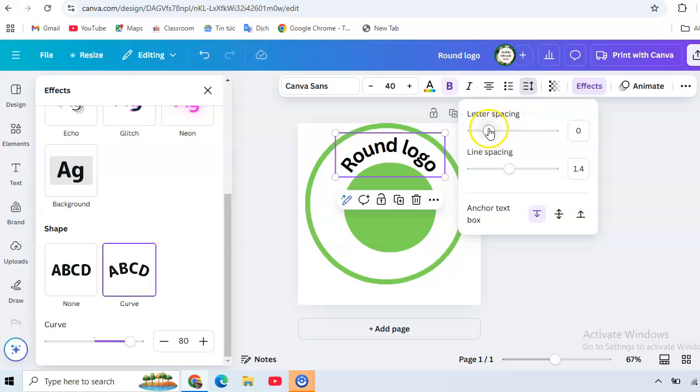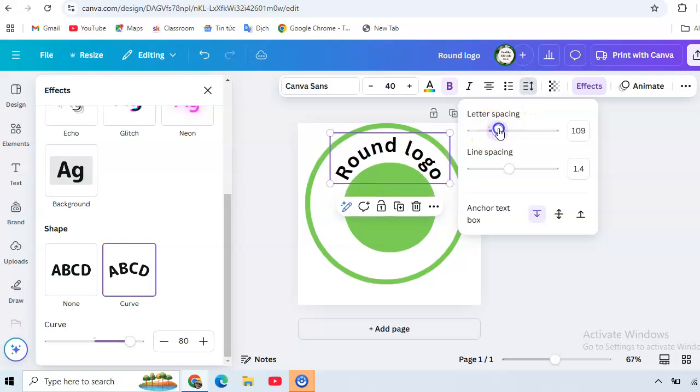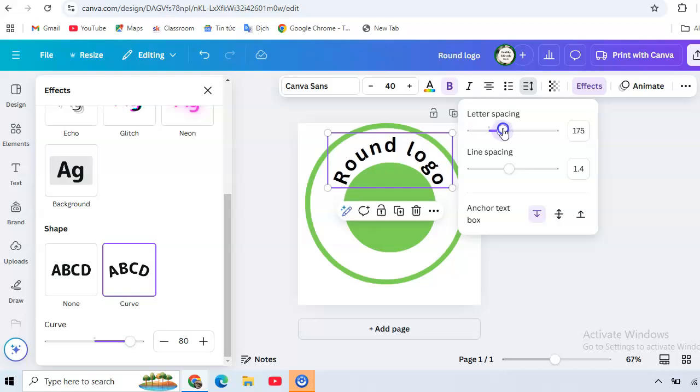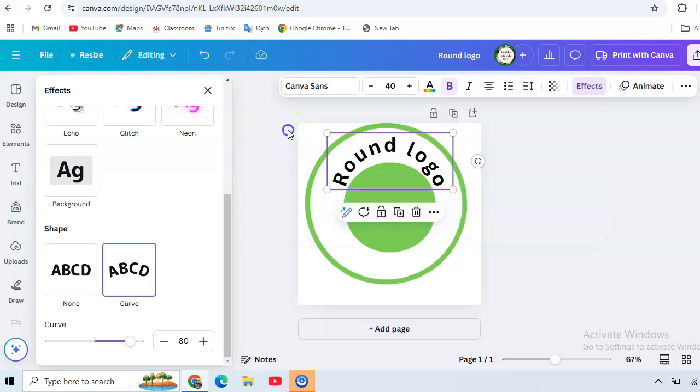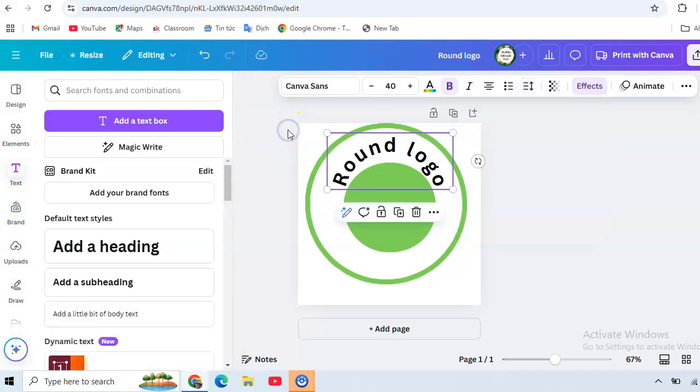And then letter spacing. Okay, and then go to